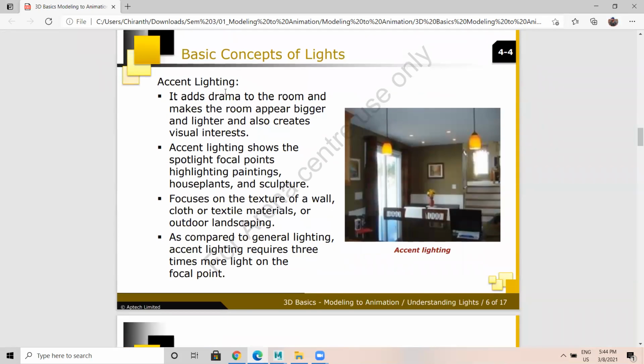Next is accent lighting. It adds drama to the room, makes the room appear bigger and lighter, and also creates visual interest. Accent lighting shows the spotlight focal points, highlighting paintings, house plants, and sculpture. To achieve accent lighting, you can use a spotlight from Maya.